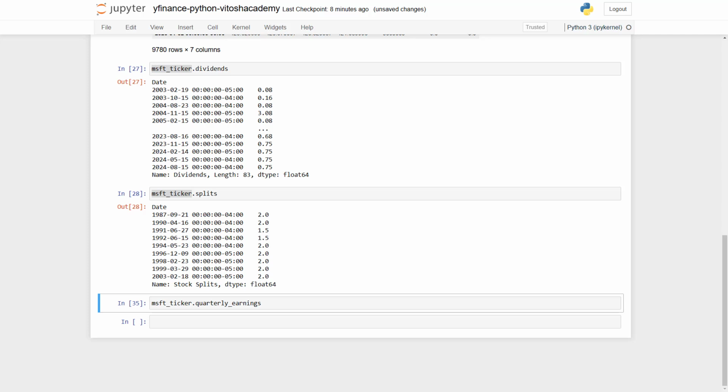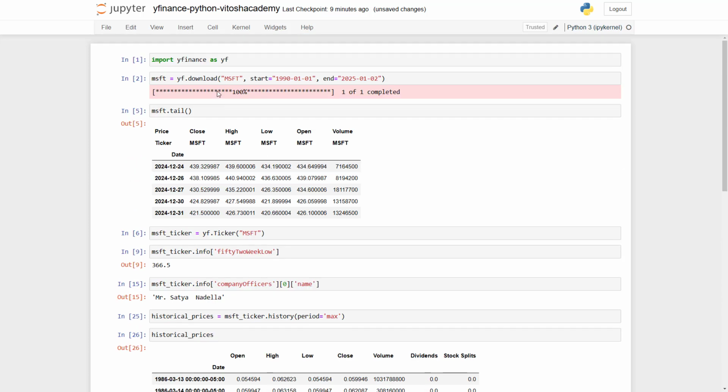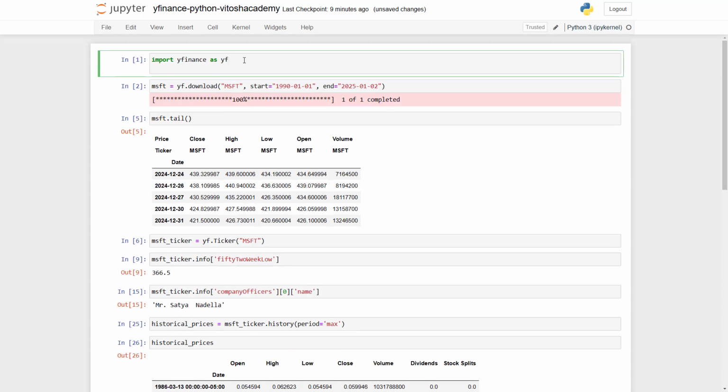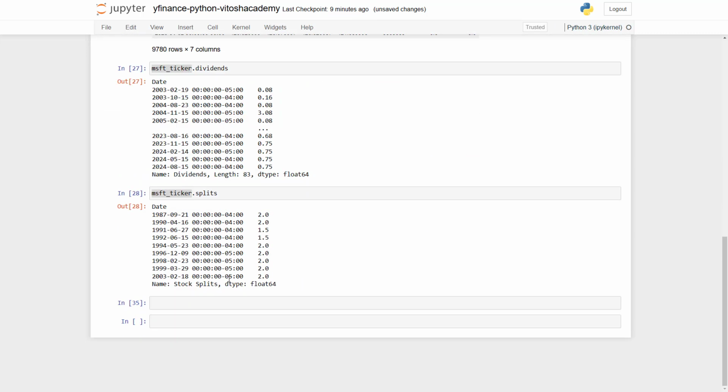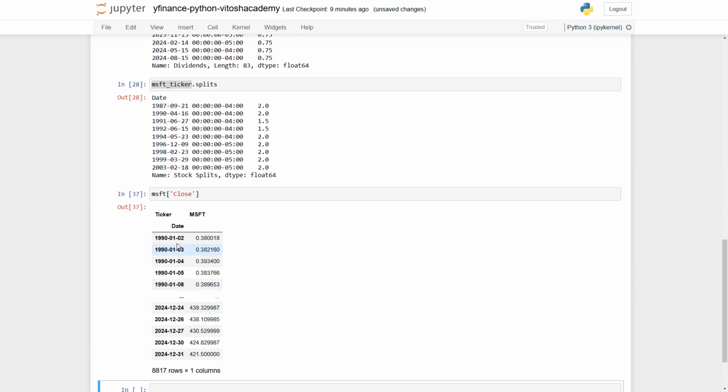What we can do is something like a simple visualization. Let's forget about the quarterly earnings, and for this visualization we're going to use our favorite library, matplotlib. Import matplotlib as PLT, shift and enter, so it is now actioned. And now here we can say MSFT. We are interested in the close prices, so we say MSFT close, and these are all the prices since 1990, and we plot them,